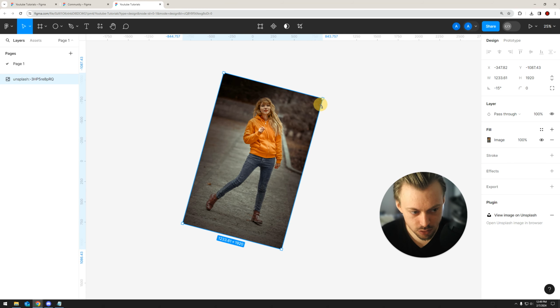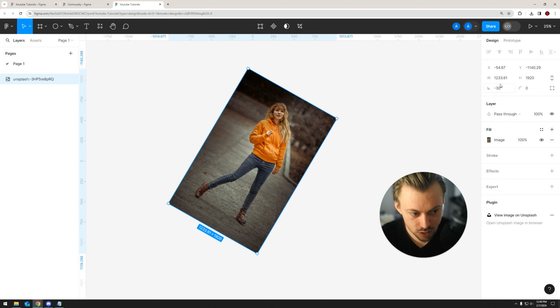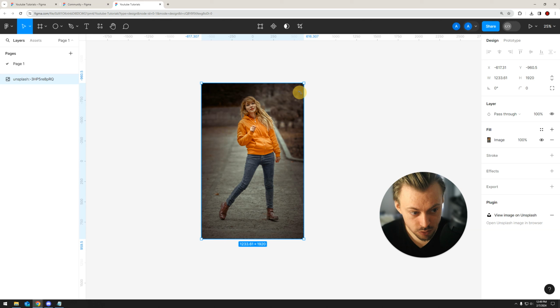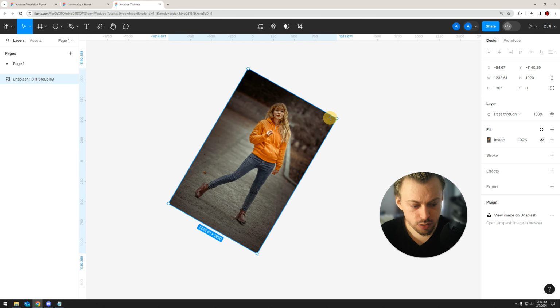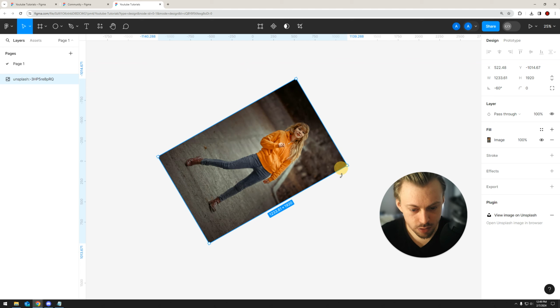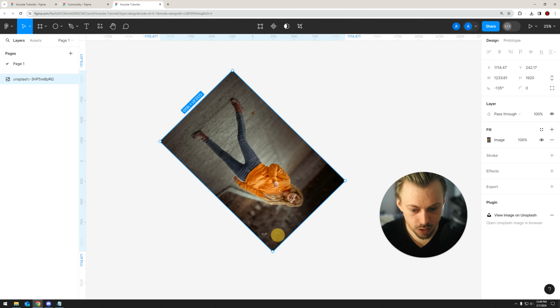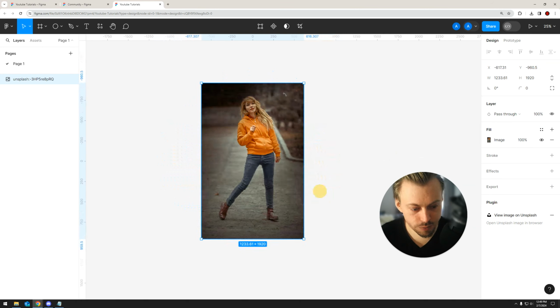Now, if you hold shift while you rotate, it will rotate in increments of 15 degrees. You can see the degrees right here. Okay, so we're gonna go from 0 to 15, 30. This is useful if you want them to be aligned, like for example 90 degrees or 180 degrees, or stuff that's a multiple of 15